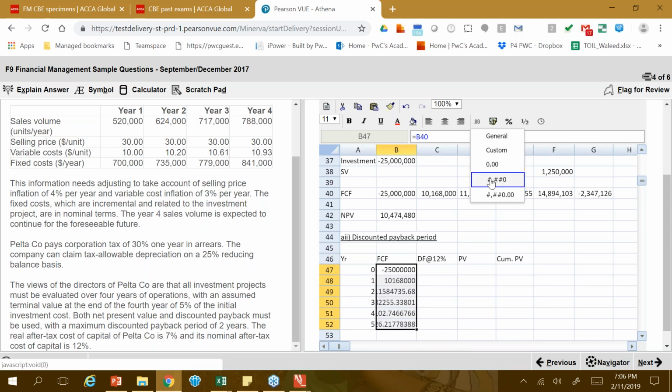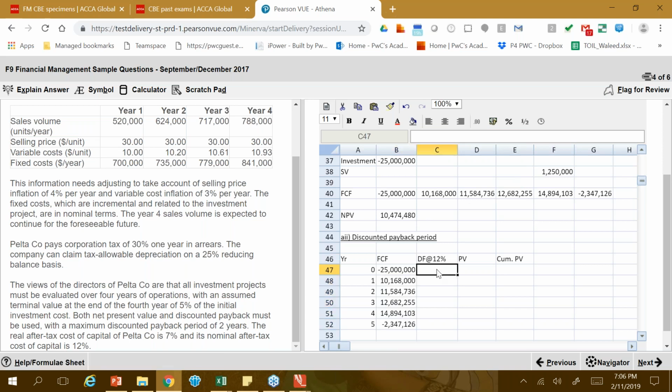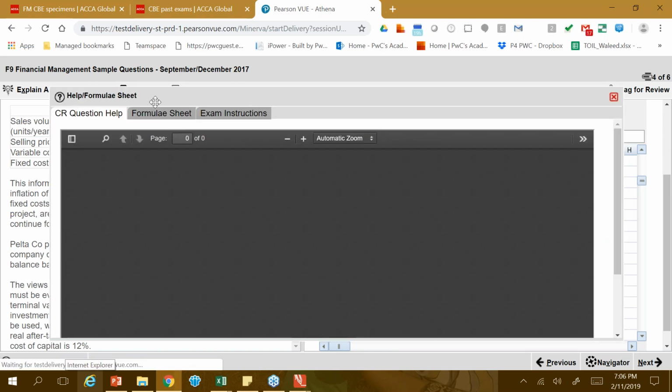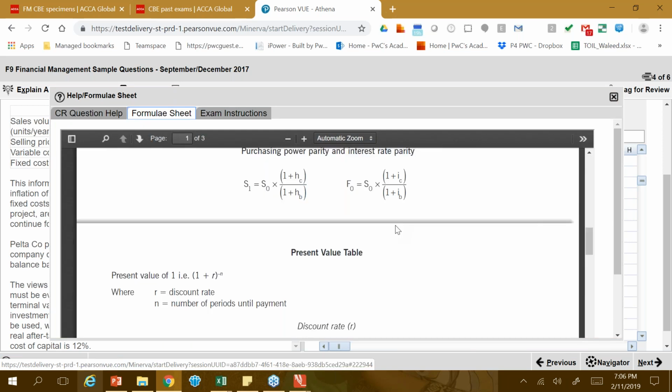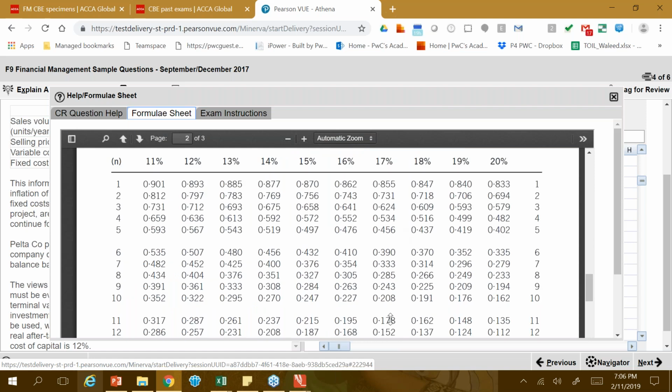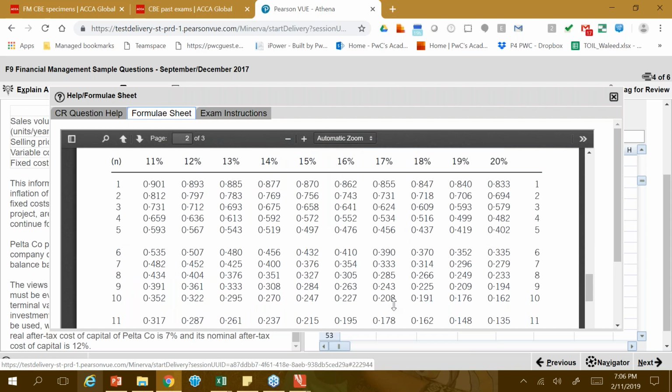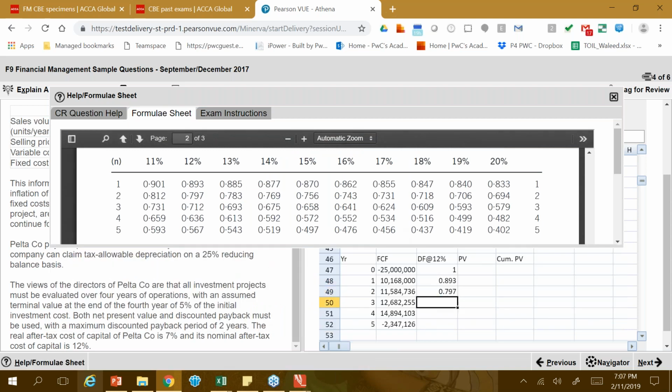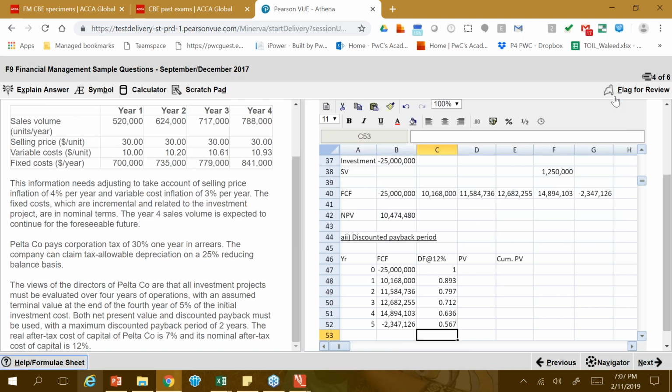And once I've got my free cash flows, I need to put the discount factors at 12%. So let's use the formula sheet and put the discount factors at 12%: 0.893, then we've got 0.797, 0.712, 0.636, and 0.567. Once we've got my 12% discount factors out, find the present value, which is the free cash flow B47